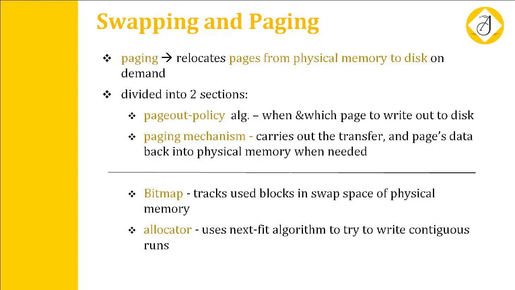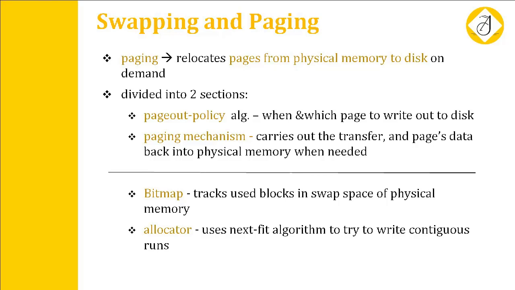So what do we mean by swapping? Whenever a new page has been demanded, it is the role of the operating system to bring that particular page from the disk into memory. The virtual memory paging system reallocates the pages of memory from physical memory out to the disk when the memory is needed for something else.